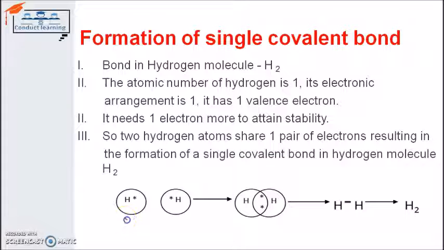Here is one hydrogen atom with one electron as its valence electron. Another hydrogen atom with its valence electron is here. They will share their one electron with each other and both will become stable. That means the hydrogen now has two electrons, one of its own and one from the other atom of hydrogen. The same is true for the other atom, and they will form H2. This is known as covalent bonding, which is based on the sharing of electrons.